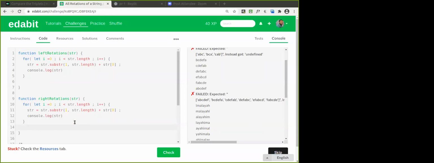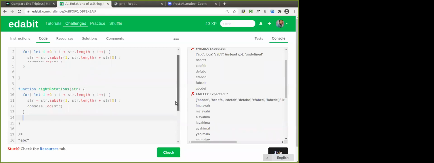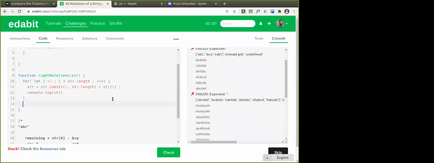So what will differ in the logic here? You have to take the last element, excluding the last element, isn't it? So in the right rotation, what will happen? The remaining string, how will you get it? The last character in the string you are going to get at the beginning, isn't it? So it will come at the beginning.